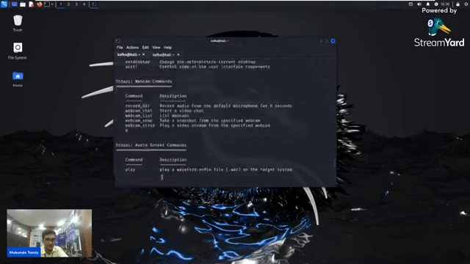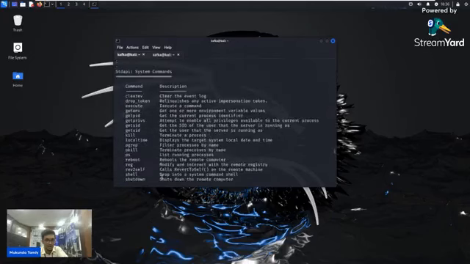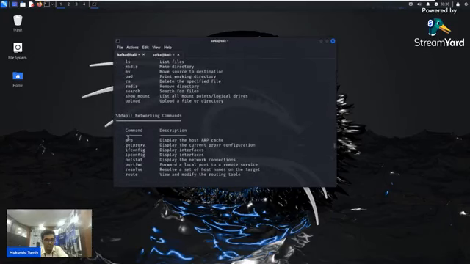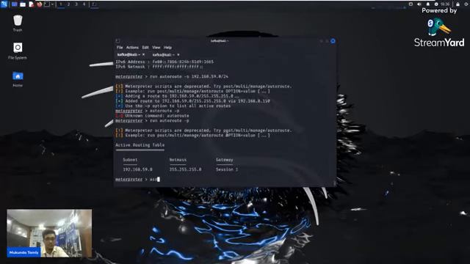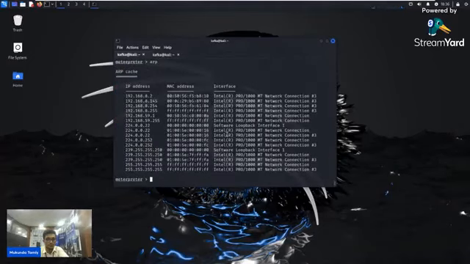In Metasploit there is also a thing called ARP scan. Now, ARP scan with IP 192.168.59.0/24.